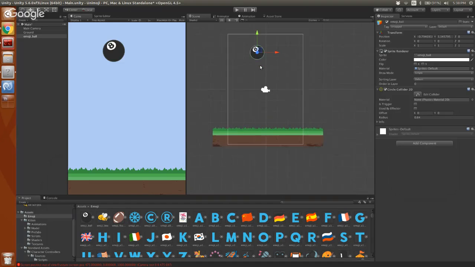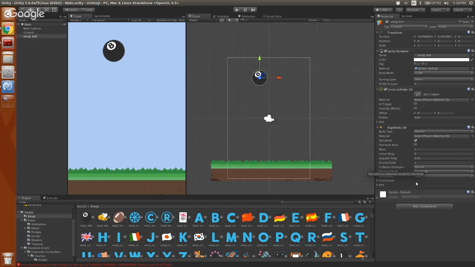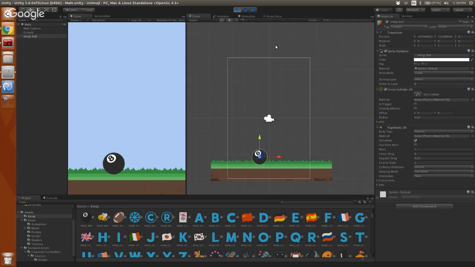And you can see it picks up on how big the circle is. So it gets that green line to say, all right, physics are happening there, and it's exactly the size we expect. And because we want this ball to fall, we'll add on a rigid body 2D. Now everything's set up. If we hit play, that billiards ball should fall to the ground, boop, as we expect. Nothing horribly interesting, but we're back basically in the same spot we were before.